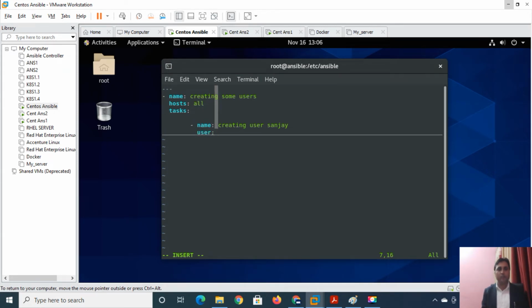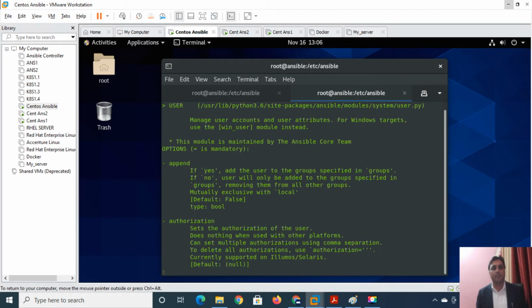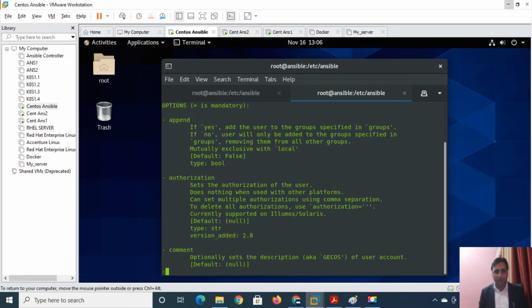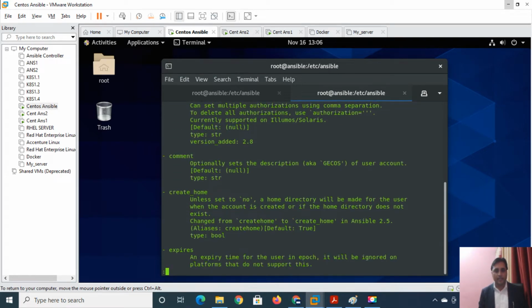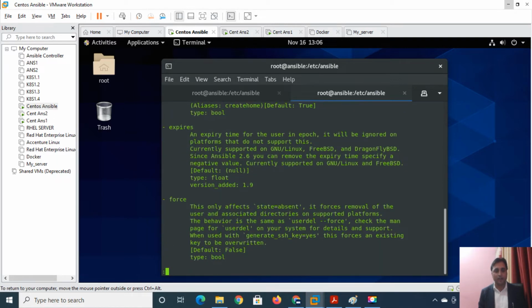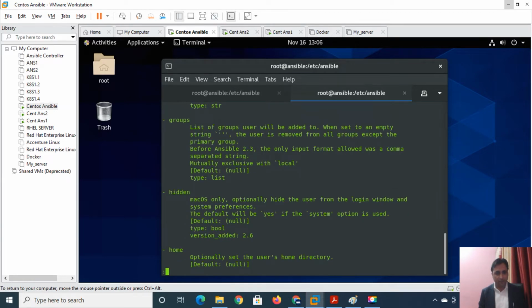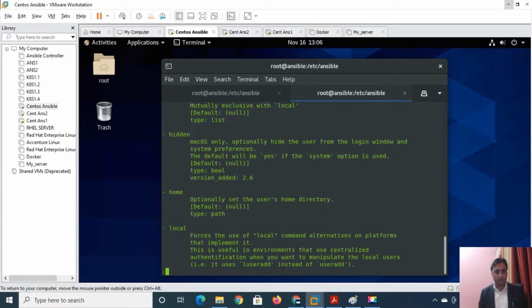My dear friend, we do not need to remember how to write this code. We always have to be aware of how to take help. Always use the documentation, because documentation makes my life easy. You can get the entire information about this module. In Linux and Ansible, help is already available. So always take help if you are stuck somewhere.